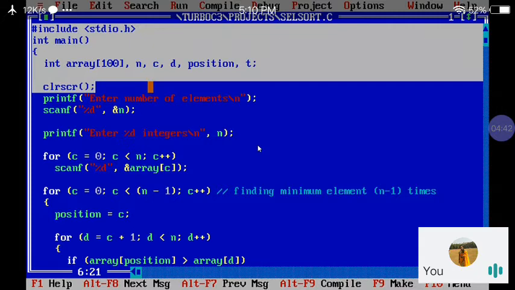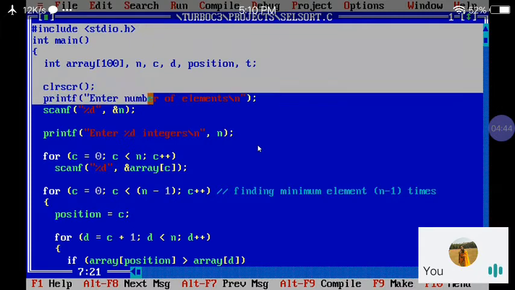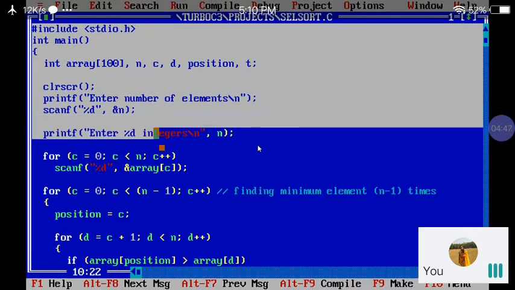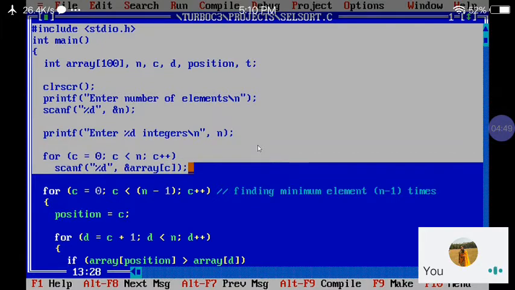The clrscr function clears the screen, and I have accepted numbers for the selection sort by using an array with the help of a for loop. For c equal to 0, c less than n, c++, the scanf function is used for reading the number into the array, ampersand array of c, the location for the element.